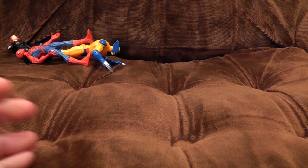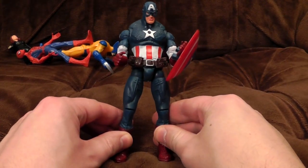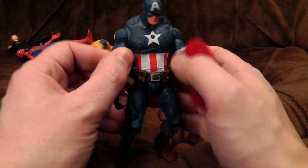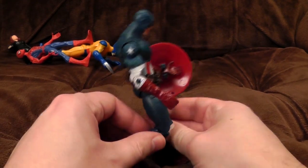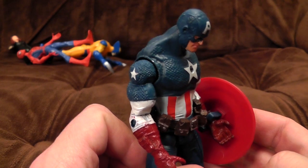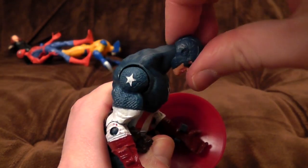Let's start with the poster boy who hasn't appeared yet, Captain America. Dun dun dun. Notice how he's in a different scale to the others. He does actually come with his shield, this is a good start, and appears to be based on some sort of Marvel Legends sculpt, I would have said, just by the style of it, really. Unfortunately, there's a big problem with the neck. He's broken it, basically, and just looks at the floor all the time. Maybe he's been talking to Batman, who has depressed him so much he can't lift his head anymore, I don't know. If you do try and kind of lift his head up,